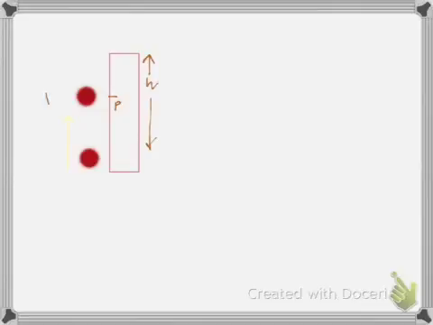So when it goes up and then it comes back, when it comes back it will again be at this point P. Therefore the first time when it is at P, the time is t1, and the second time when it is at P, the time is t2. So we need to find what is t1 plus t2. Right, that is our main motto that we need to find here.